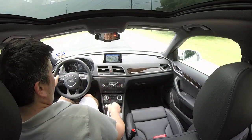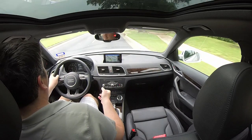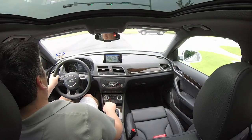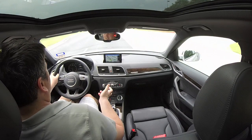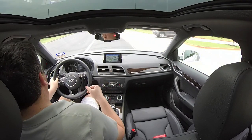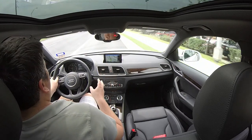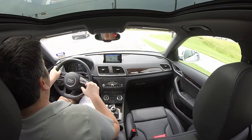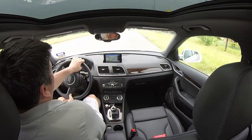However, in this Q3, I feel like I'm in an Audi. I don't feel like I'm in a tarted up brand offshoot of something else, but I don't necessarily feel like I'm missing out on anything at the same time. I still have blind spot assist, I still have very comfortable seats, I still have great navigation, and overall, I don't care for the ride, and it feels too bobby, it's too up and down, it's too